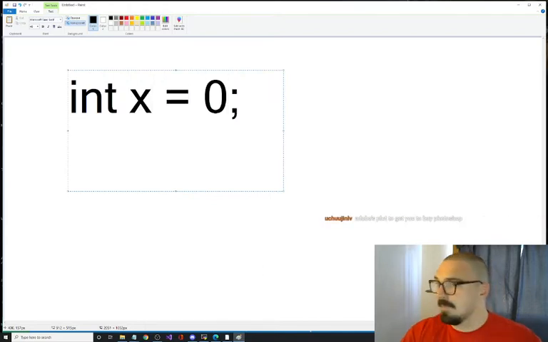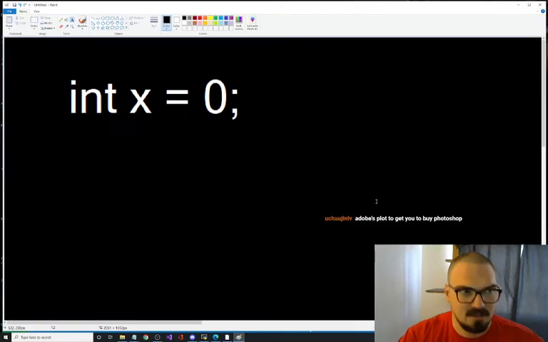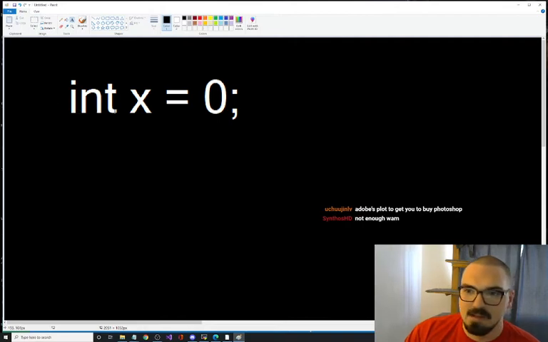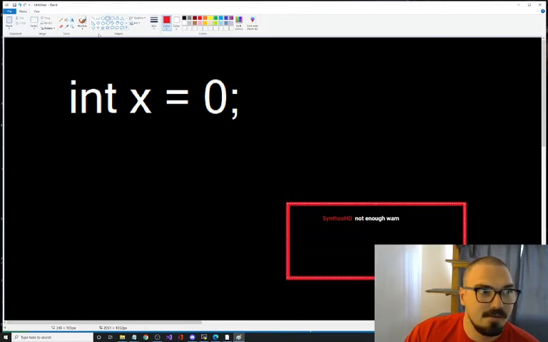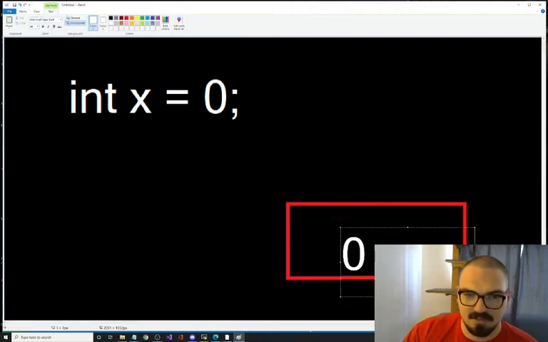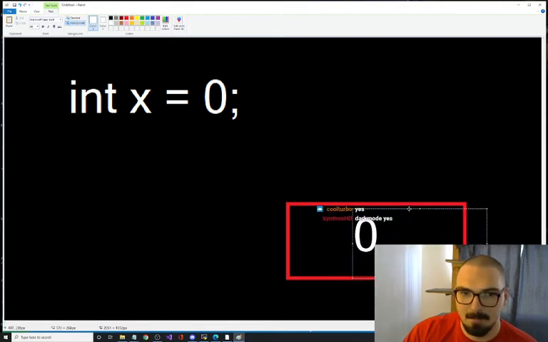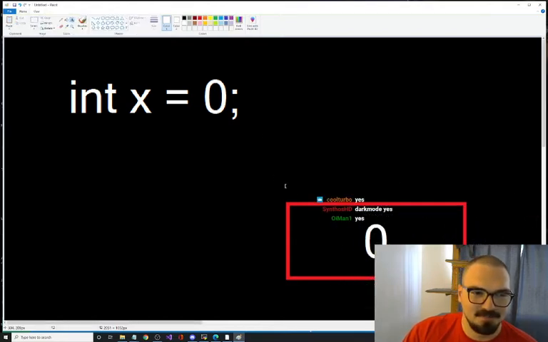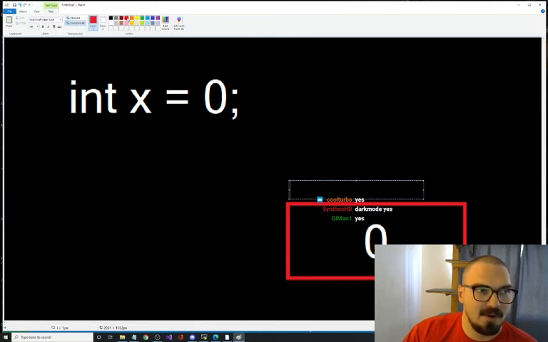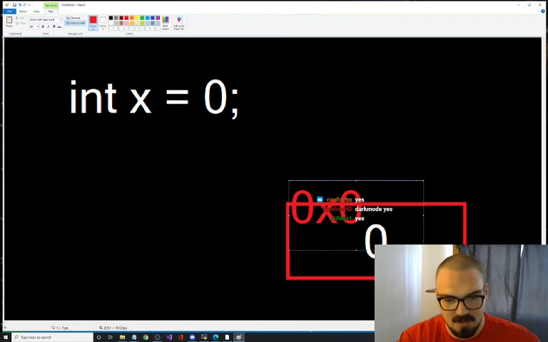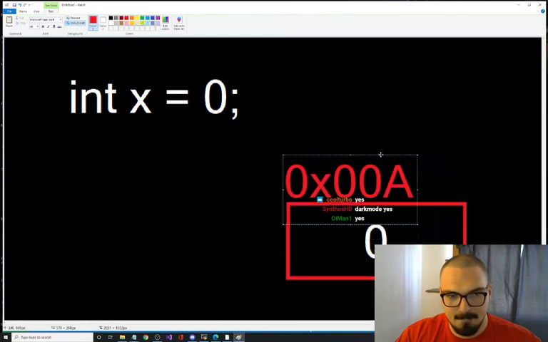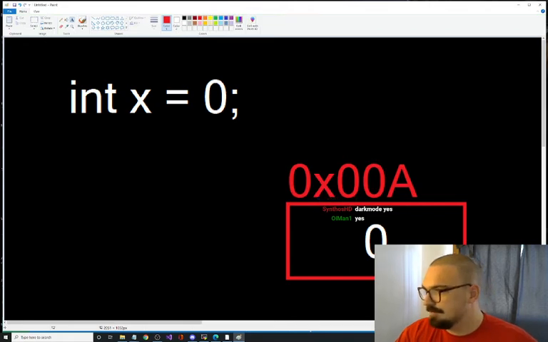So we have X equals 0. Now, what do you say? Do you guys like this? Is that nicer? So somewhere here in memory, we've got a 0. My face in the way? I don't think so. Dark mode. All right. Somewhere here we've got 0x, 0, 0a, something like that. All right, that's our memory address.